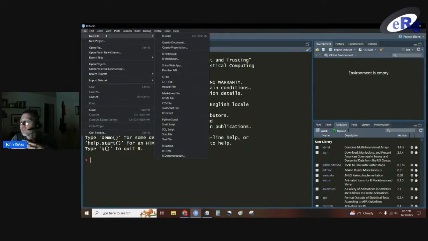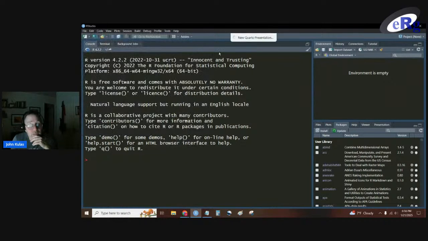All right, so I restarted my RStudio. I'm going to look for a new file, and I should have some options here. Again, if you're operating from the perspective of this being a quantitative analytical platform, you may be used to working with scripts. So that's the first option here. You see R Markdown and Quarto, and so we're going to open a Quarto presentation.